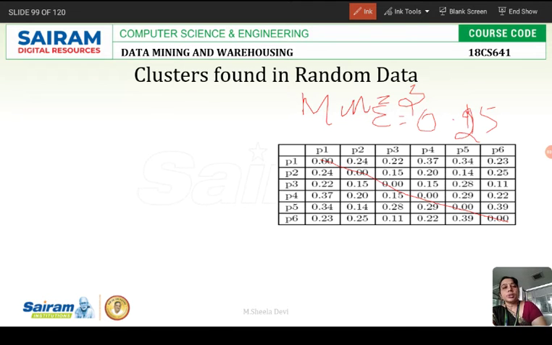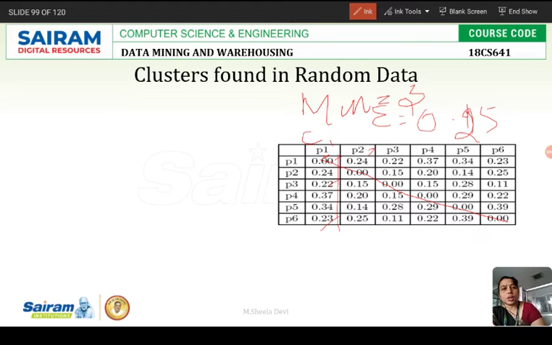So first I am taking P1. If I check this column, I have to check whether within 0.25 any points are there. So within 0.25, 1, 2 and including this, 3 are there. So I can say that P1 is a core point. Then P2. If I check P2 within 0.25, how many points are there?